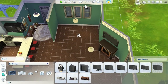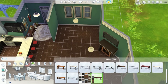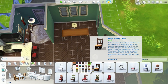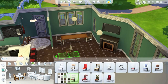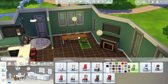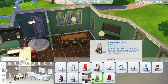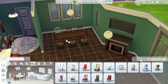So this is the lounge with the fireplace. In that section there, this is the dining room. I try and use curtains on all the windows downstairs, and upstairs as well, just to make it more realistic. You wouldn't really want people to look in, and also because it's a Victorian house, they are really big on drapery. And patterned and bright colours, so that's why I used a lot of the draped curtains, and I tried to find a colour that was bright enough